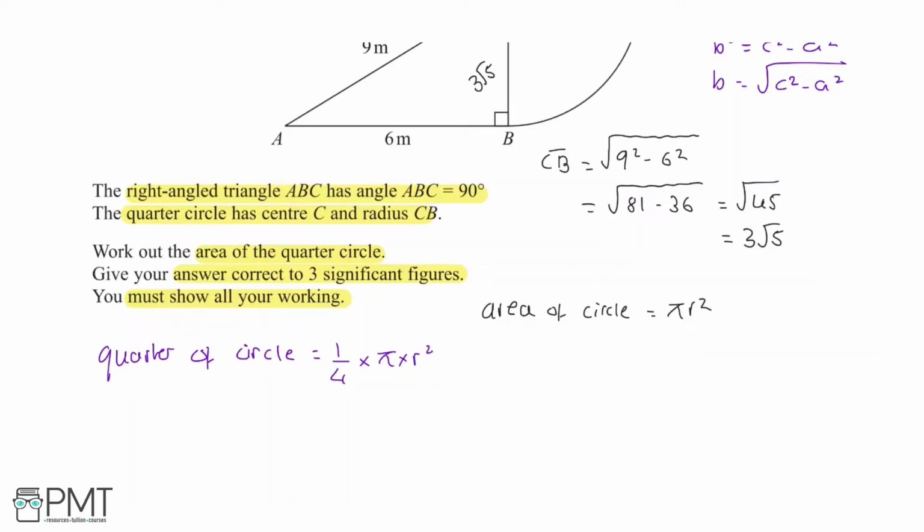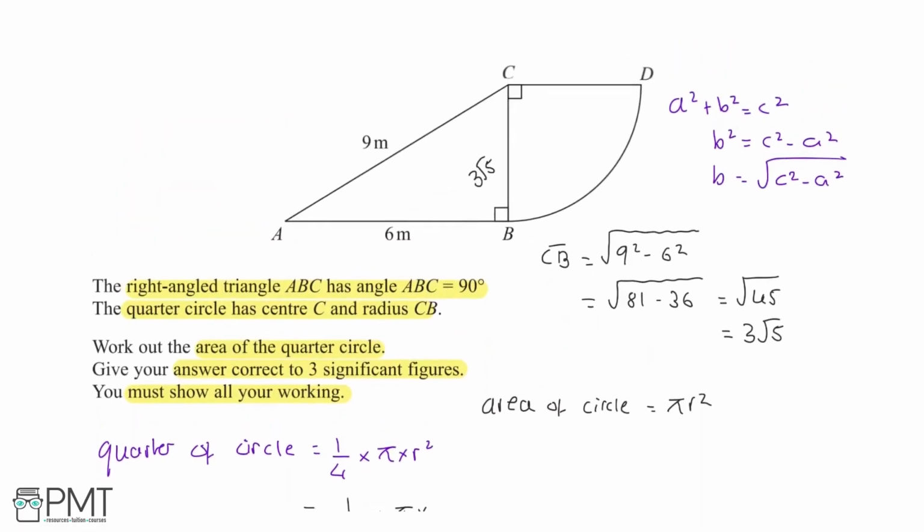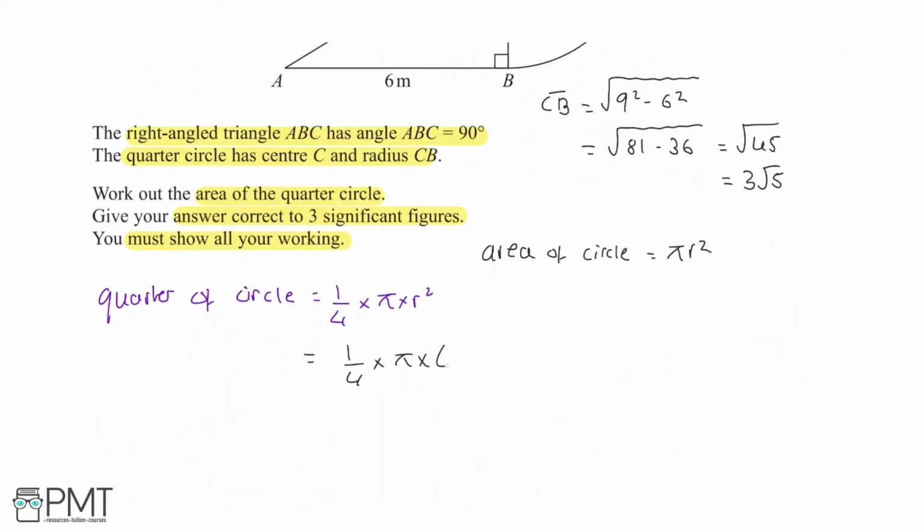So let's do this. This is 1/4 times pi times our radius, which is CB here, times 3 root 5 squared. Now you can plug all of this into your calculator. So 1/4 times pi times 3 root 5 squared gets you